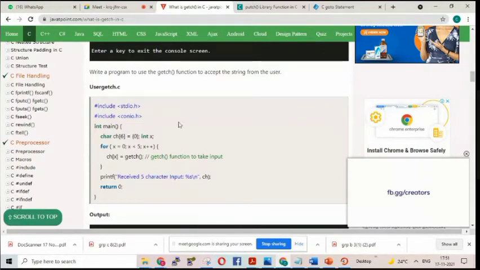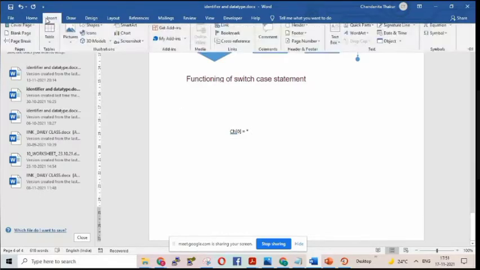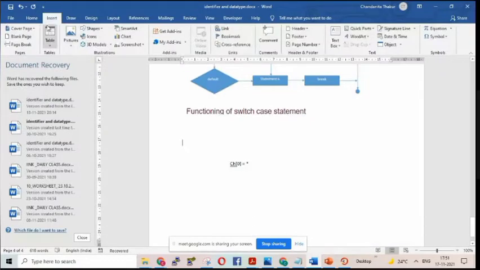In the sense, whatever character you give for the first time, let's say you give the character star, it goes into the first position of the char. The character array looks like that.